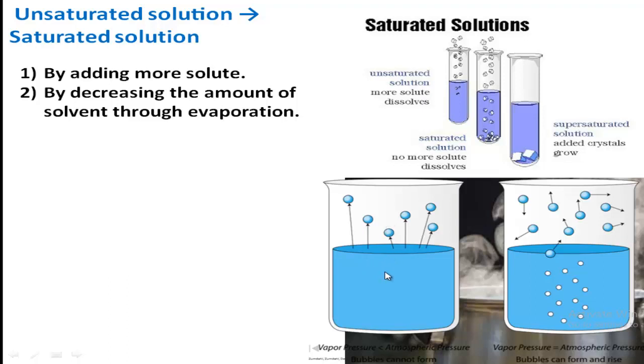Do you remember? We have read the kinetic molecular theory, how matter converts from solid to liquid and liquid to gas. So at 100 degrees centigrade, water first starts to boil, then it will start to evaporate. That means it will convert into gaseous state and fly away, isn't it? So when the water molecules achieve the gaseous physical state and go away, the amount of solvent will decrease gradually.